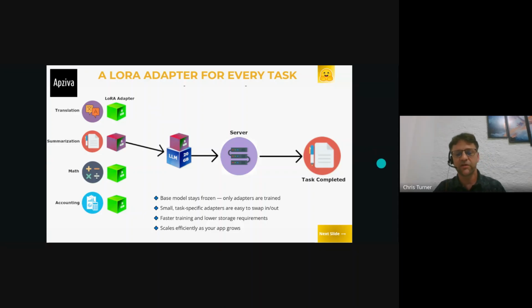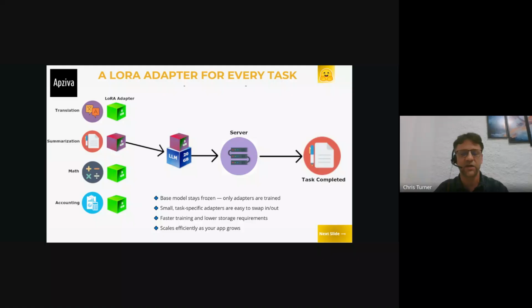So with parameter efficient tuning, we have a base model, and we freeze the base model in place. And then we train these smaller LoRA adapters for specific cases that we need. These LoRA adapters are much smaller. They're lightweight. They're easy to store. You can swap them in and out on demand and use them with the base model, and then you can complete the task that you want to do.